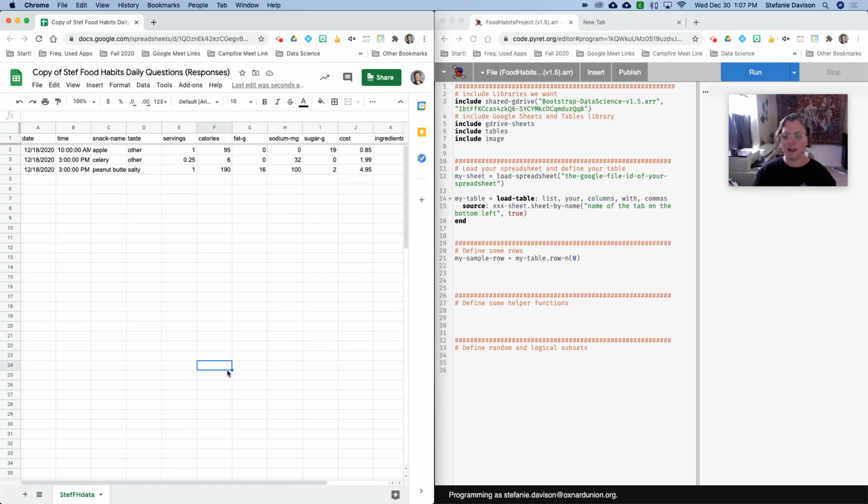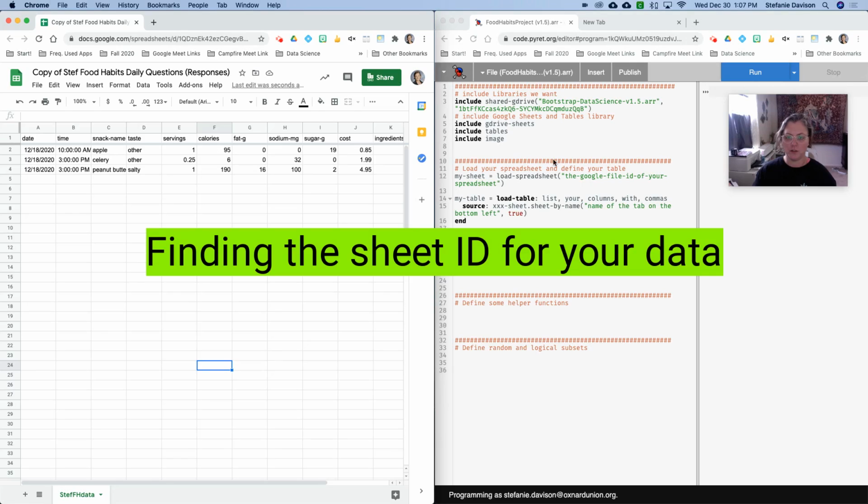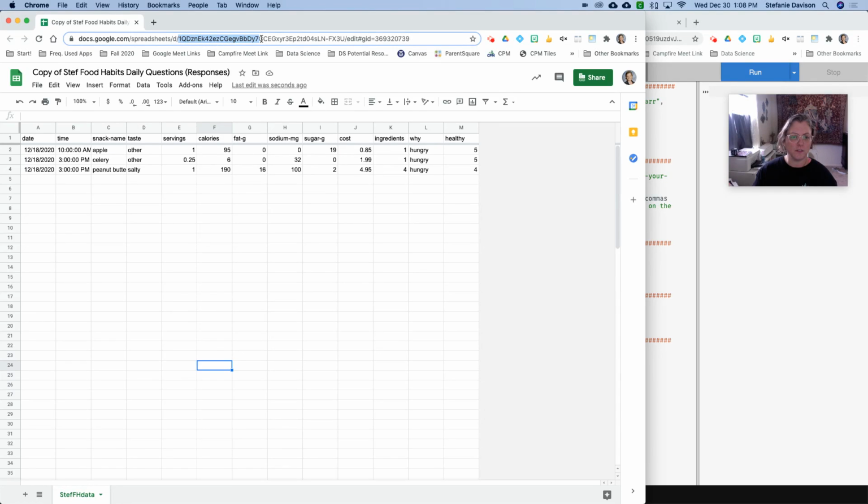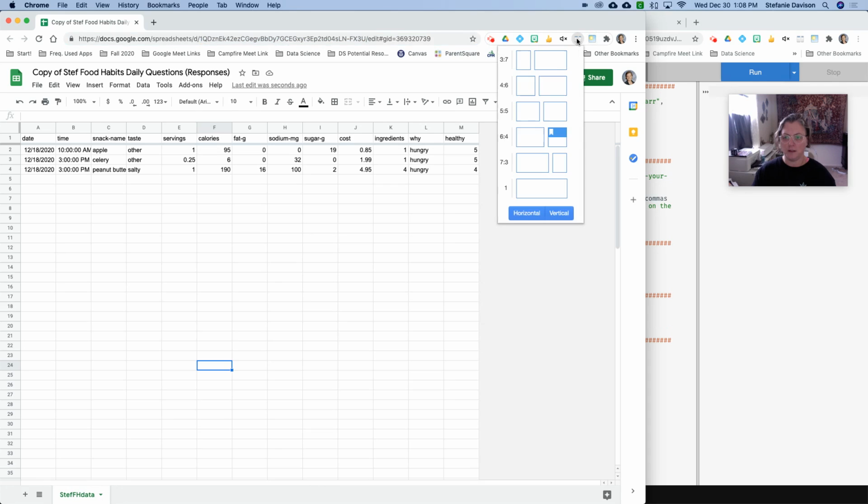So once we've done that, we also need to get the sheet ID for this file. Okay. So I'm going to expand this so we can see it. To find the spreadsheet ID, it's this crazy long number and letters, this entire thing. In between, where after it says d and then it has the slash, it's all of those numbers and letters all the way until you get to the next slash and then you see the word edit. So I need to copy that entire number, because that is a specific ID for this particular spreadsheet that needs to get put into my